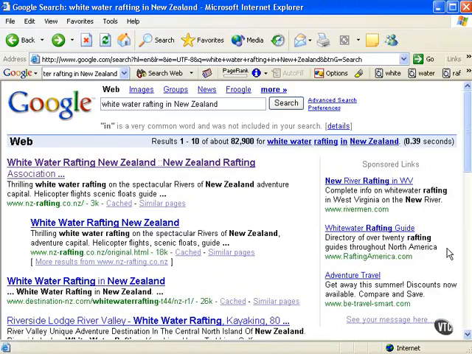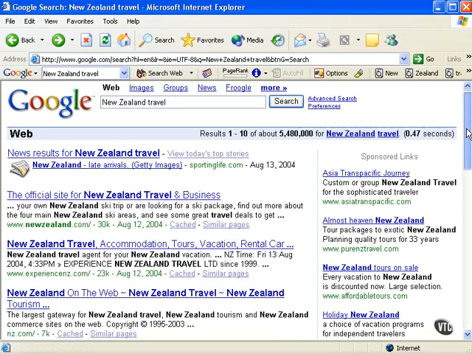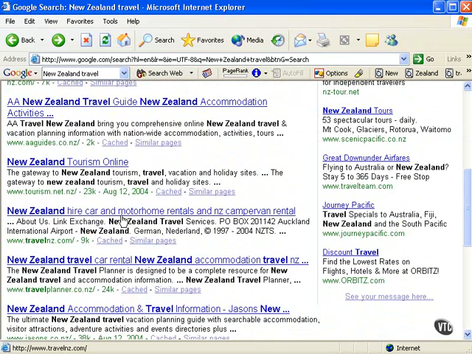The accuracy of your search results depends a great deal on the words you type in the search field of the engine. These are referred to as keywords. If you enter vague, obscure, unfocused, or too narrowly defined keywords, you're more likely to get disappointing results. For example, my search in Google for New Zealand travel is much too broad and didn't really give me the results I was looking for. For example, here's New Zealand hire car and motorhome rentals, which isn't related at all to what I'm looking for,